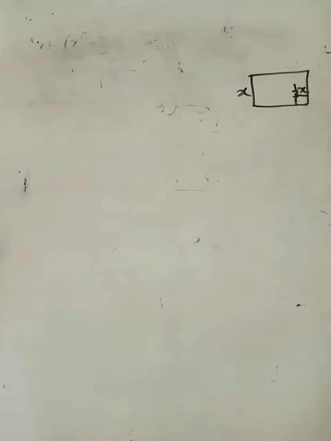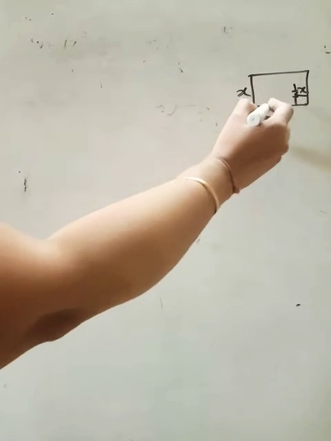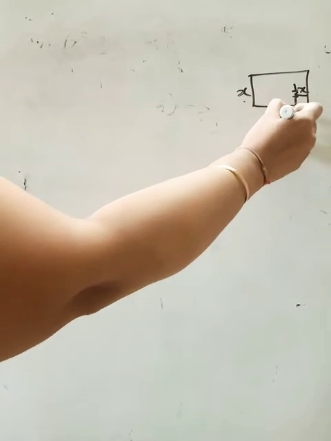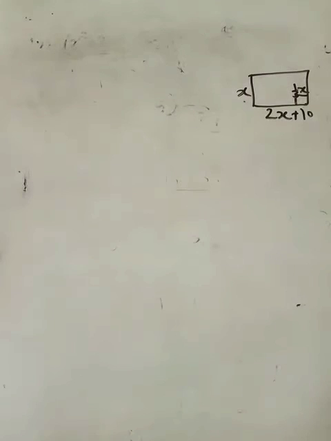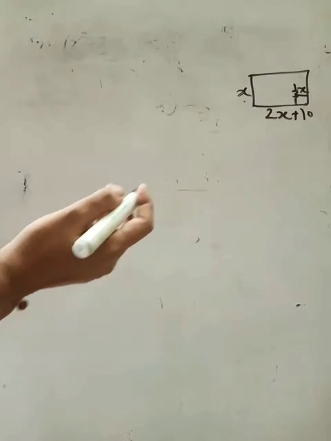And what it is said, the length of the farm is 10 meters more than twice the breadth. So breadth is x, so twice the breadth is 2x, or 10 more, so plus 10. So this will become the length of that farm, correct? I hope you are understanding. Okay. The side of the pond is 1/3 of the breadth of the farm. So okay, we have done that. The area of the farm is 20 times the area of the pond. So the area of the pond we will be able to measure easily.